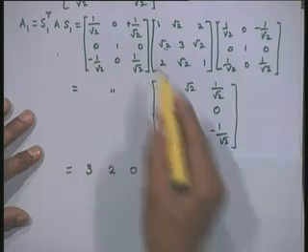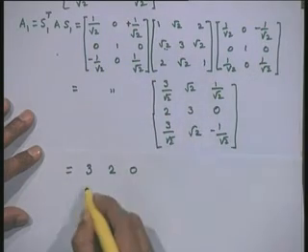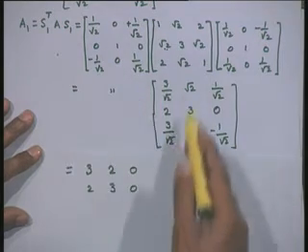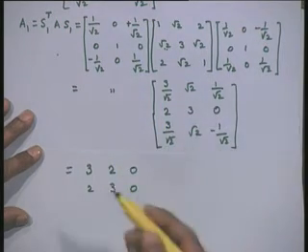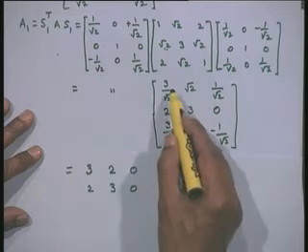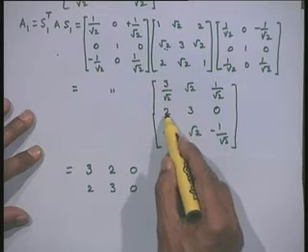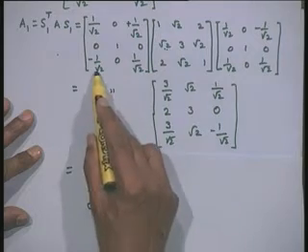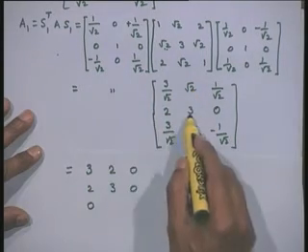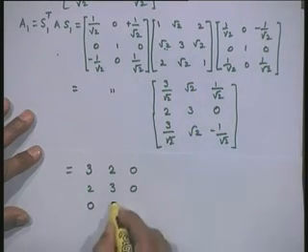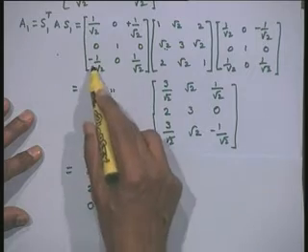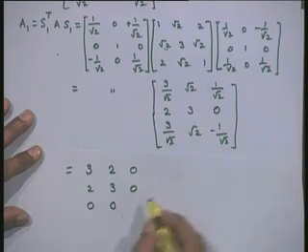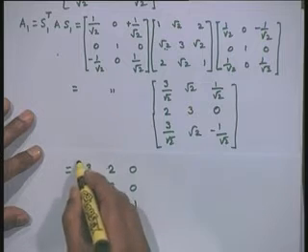Then the middle row is 0 1 0, therefore the middle row comes as 2 3 0, this middle row and this one. So, it will have simply this, and the third row, this is minus 3 by 2, 0, plus 3 by 2. So, I have a 0 here, this is minus 1, this is 0, this is plus 1. So, I have a 0 here. Then this is minus 1 by 2, 0, minus 1 by 2, minus 1 by 2 minus 1 by 2, that gives me minus 1.